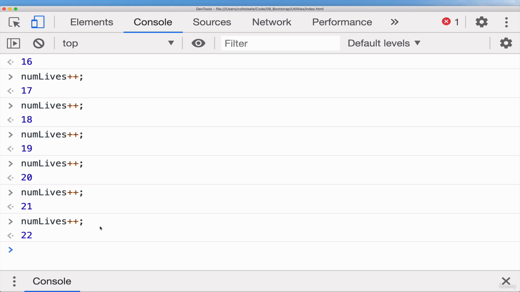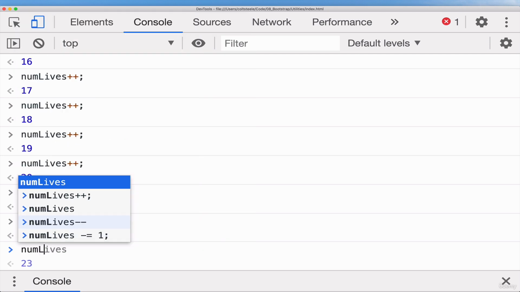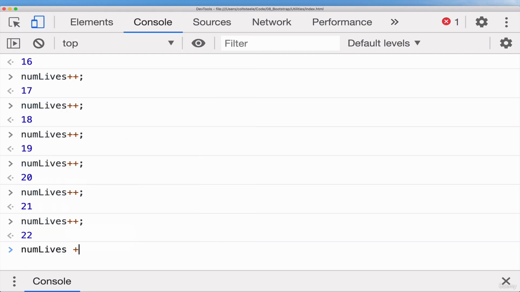So just telling you ahead of time, you will see both this syntax, something like num lives, let's say plus equals 4. That will add 4 to the current value and update num lives. And things like num lives plus plus to add 1, or minus minus, an even shorter way of incrementing and decrementing by 1. Okay,